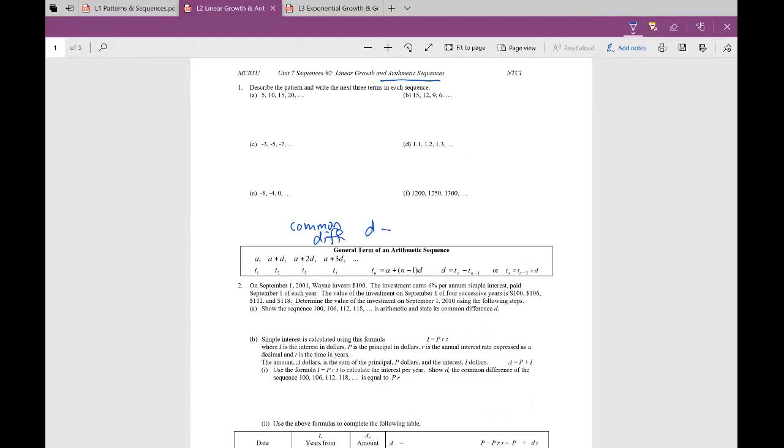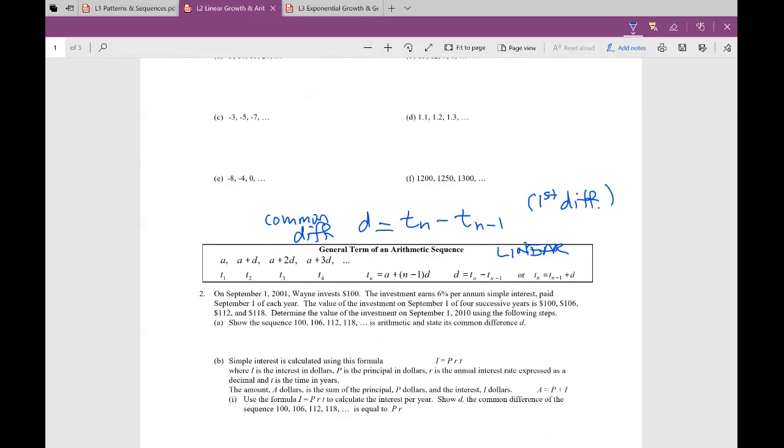a lot of you actually notice that some of them were showing a pattern where you take the second term and subtract the previous term. If the second term minus the previous term is constant, and a lot of you know this also as what's called a first difference, then this pattern is probably a linear pattern. And that's actually what an arithmetic sequence is. So a common difference actually shows